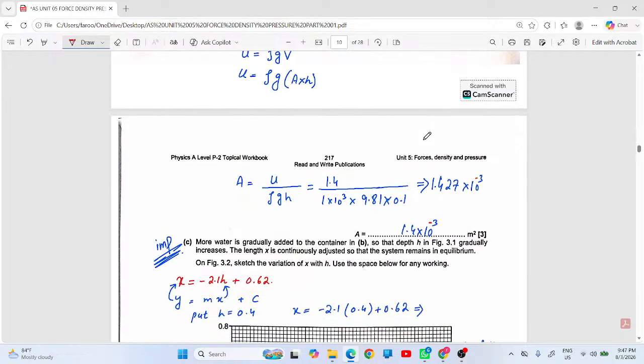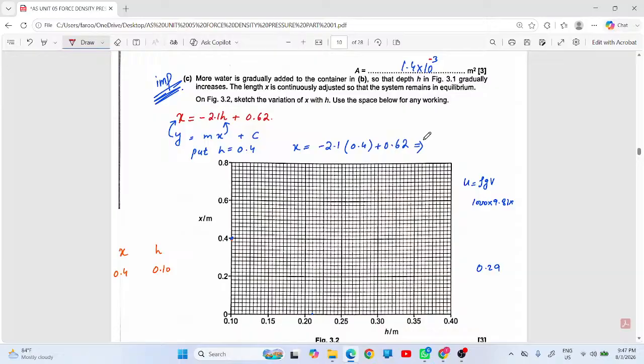Area of the cylinder. Okay, next C part पढ़ लें।